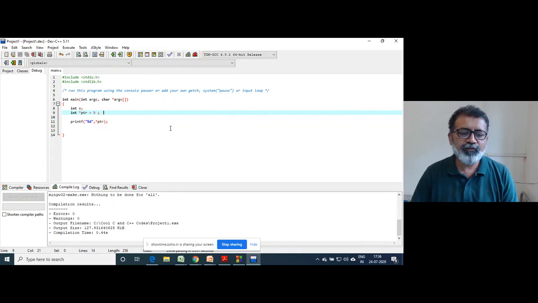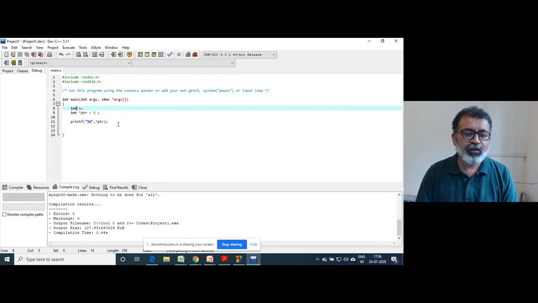So it doesn't mean that it won't happen on your own machine. It happened, but each time it won't. So we have to take care of that. Uninitialized pointer is dangerous always. So it is our responsibility, as soon as you declare a pointer variable, before you use that pointer variable, to store the appropriate address of the appropriate variable.